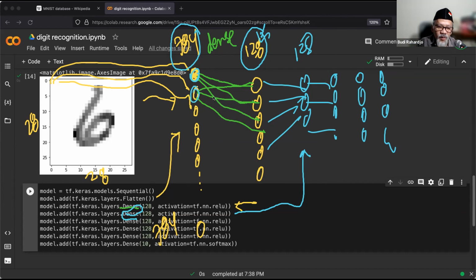And then the second neuron is also connected to all 128. If a connection is not important, the weight is going to be 0 anyway. If you multiply it with 0, it's going to be 0 anyway.